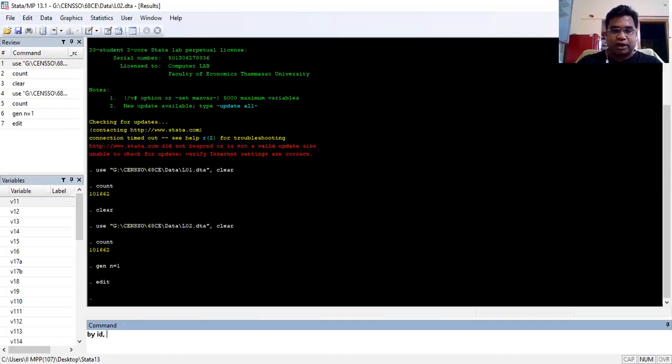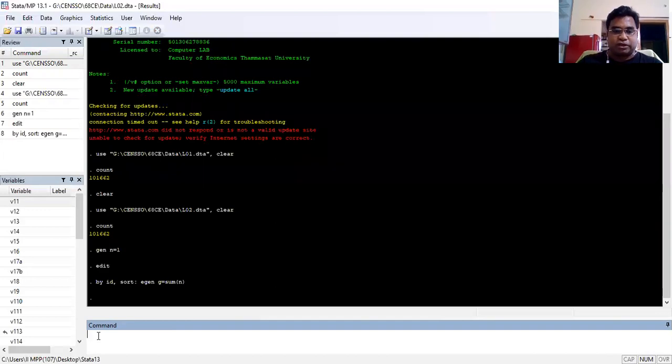So I just say by ID sort, egen, I just say a variable called G, then sum of n. So what I am doing here, by ID, I am summing n. So if there are any repetitions in the household ID, that will be reflected here. So let's do it, and then let us check.